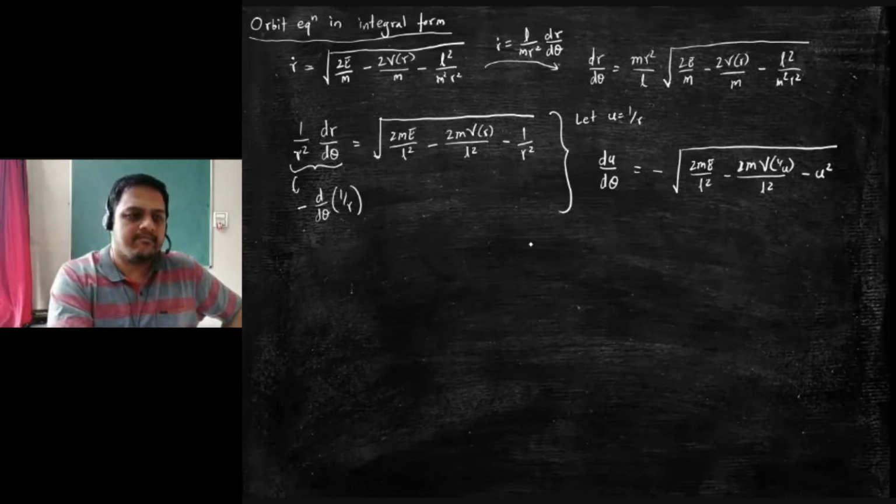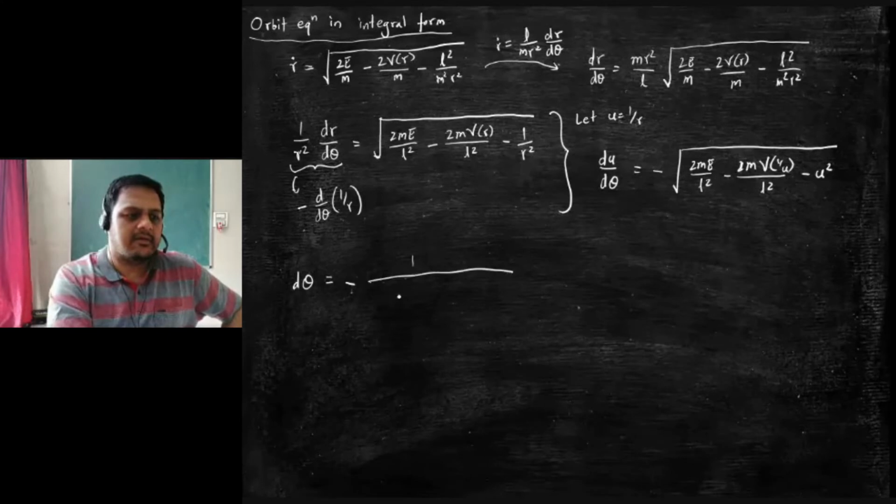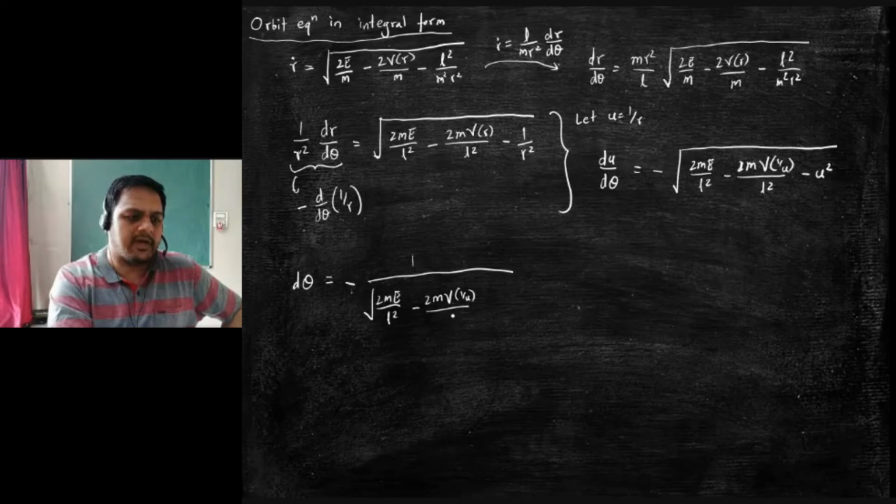If you rearrange this, you will finally get d theta is equal to minus 1 upon square root of 2m e by L square minus 2m v by L square minus u square du. If you carry this integration through, then you get theta is equal to